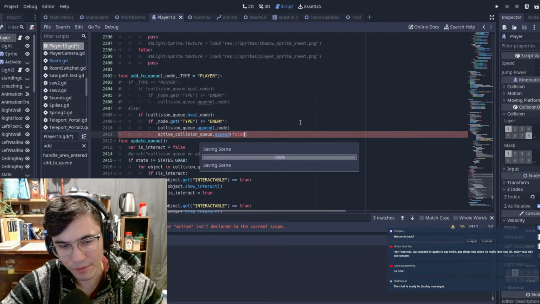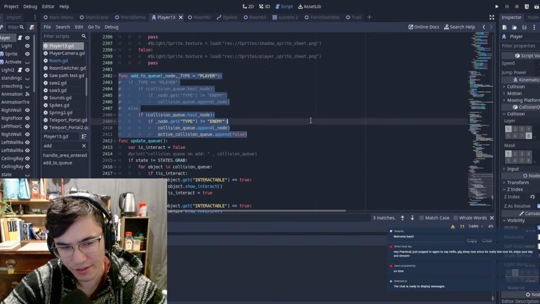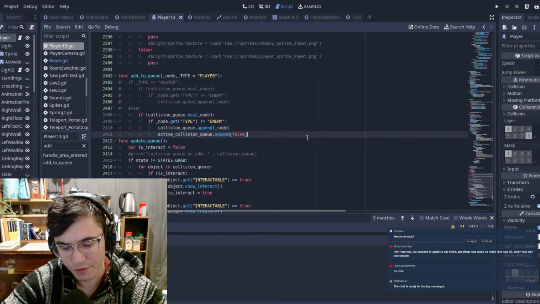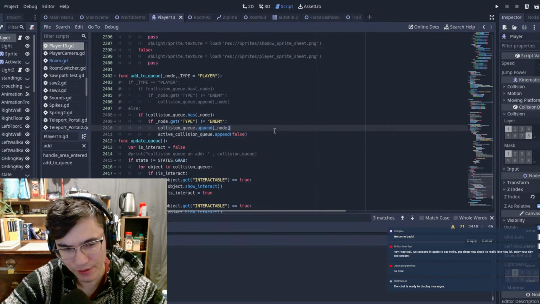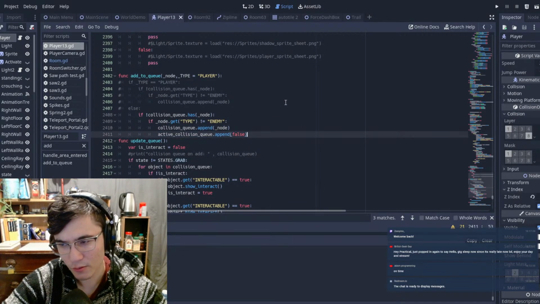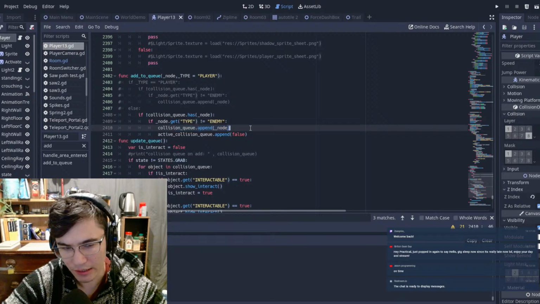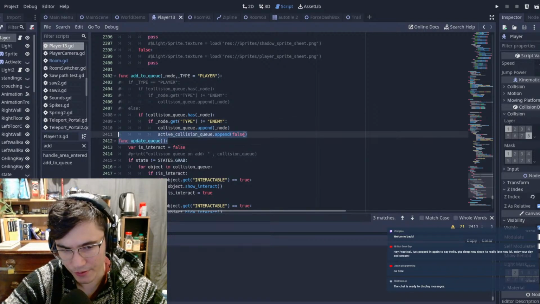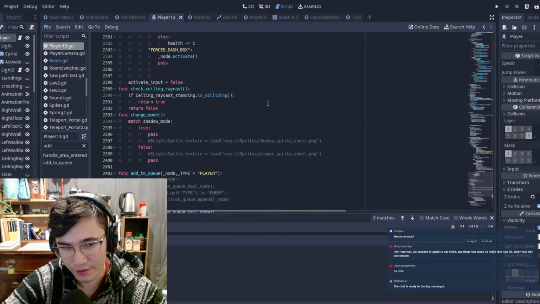false. So I mean, we could create a dictionary instead, make our collision queue a dictionary. That might not be a bad idea either, but I think for now we'll just leave it like this. Just have two arrays, one array showing the nodes we have, and then one array showing whether or not they're active. And they're always going to be false until we run